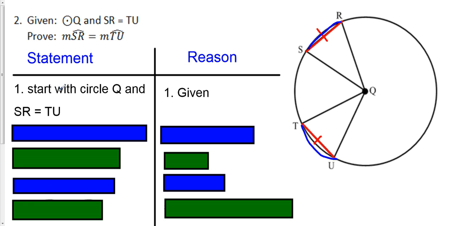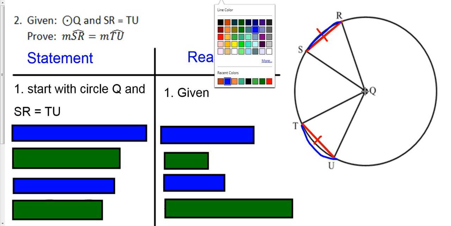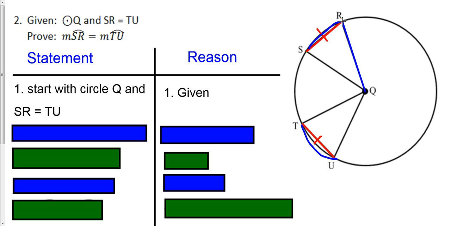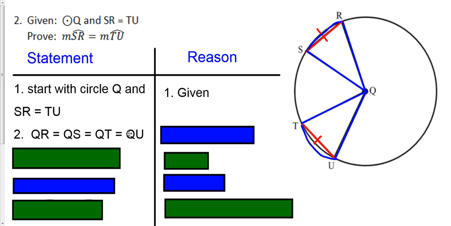So for our proof, we'll start with circle Q, and we know that SR equals TU, because that was all of our given stuff. So reason number one is always just that it's the given. Now if we look at this, let me use blue for this one. Q to R is a radius. So is Q to S, that's a radius. So is Q to T, that's a radius, and Q to U is a radius. So all of them are the same radius, which means they are all equal to each other. QR equals QS equals QT equals QU by the definition of a radius. They all have to be the same exact length. So I'm going to do 2 tick marks on that, that,